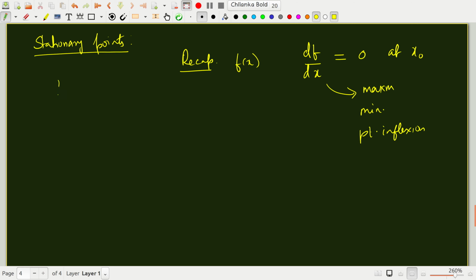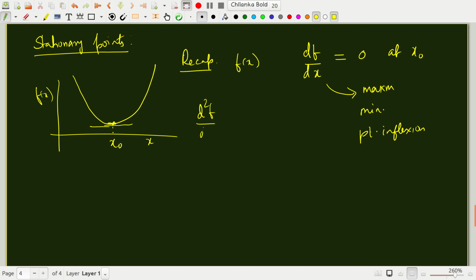Okay, why? Because if I have a function like this locally, and this is the point x0, and this is a minimum, of course, from the graph of the function. Now if I walk a little bit away about the minimum, then if I walk very little, there is no change, because df dx is 0. To first order there is no change. If I look at second order deviations from the minimum, then you will find that it increases quadratically. So it's increasing. That means that if it is a minimum, then d squared f by dx squared at x naught should be greater than 0.